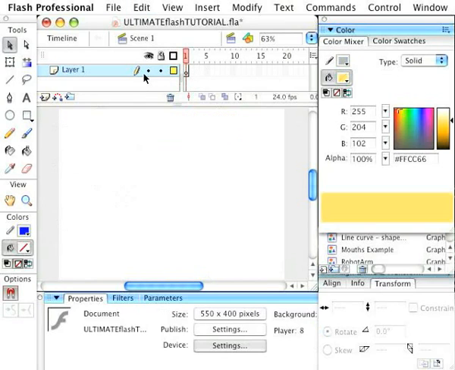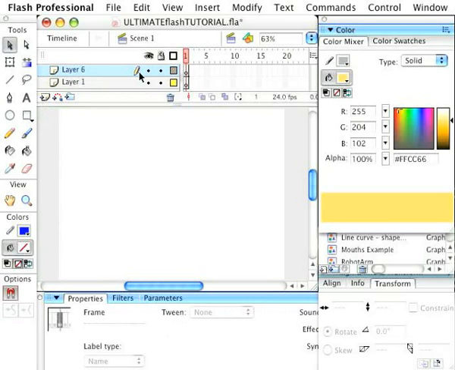And on your timeline, your layers line up here, so if I wanted to add a new layer, I could click this button here, or go to Insert New Layer, and you can see it's created a layer. Now I can drag that above or below to give a basic pecking order on how the layers are arranged. So if you consider a background of a skyline, you might have the sky and the clouds in the bottom layer, and then buildings in your foreground. If you want to delete a layer, you can click the trash can button,